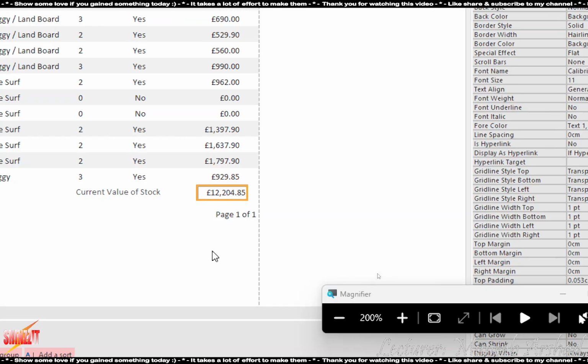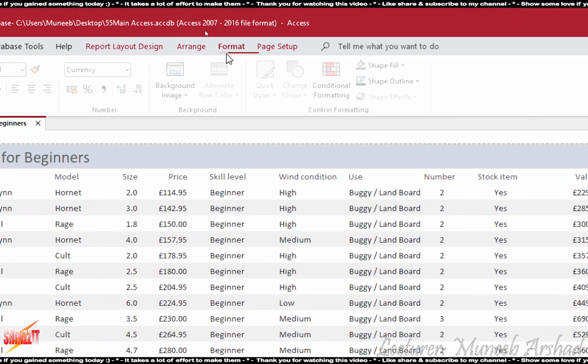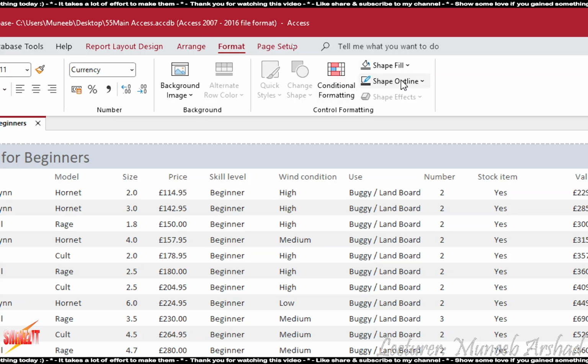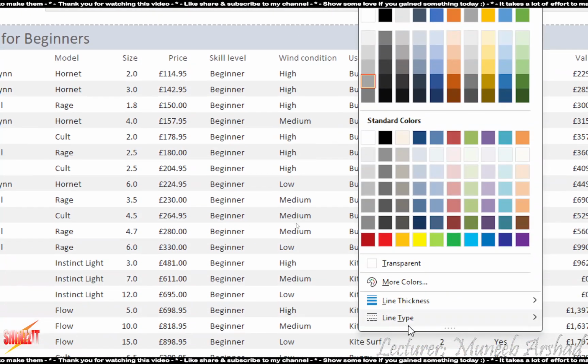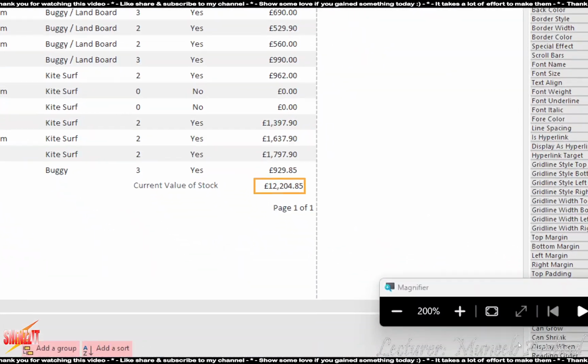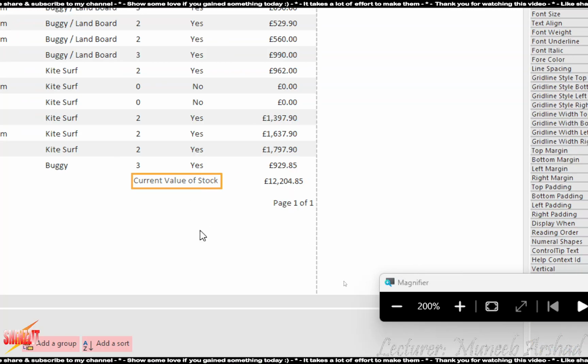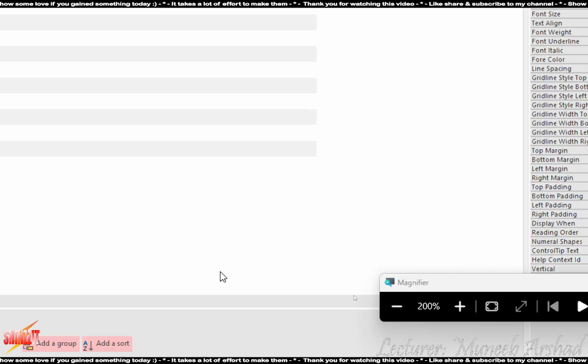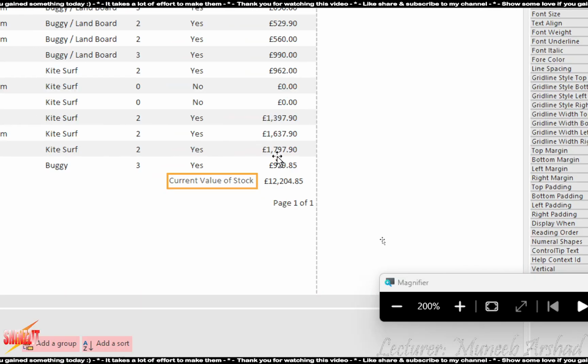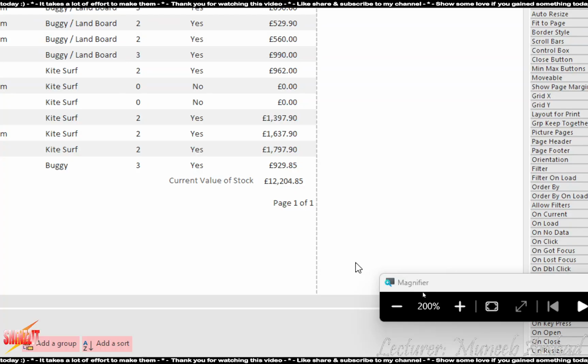So we select this, we come to our format, over here shape outline, shape fill, shape outline needs to be transparent. So gone. Current value stock, place it next to your right, the total. That's about it.